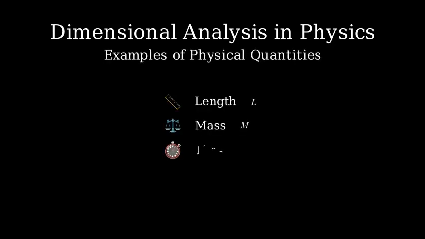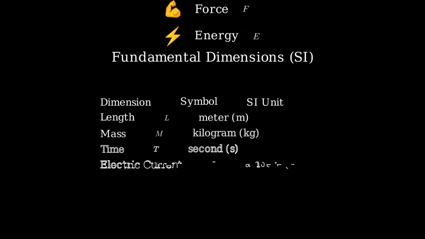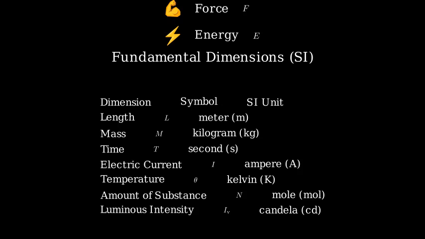Physical quantities are measurable properties of physical systems, like length, mass, time, force, and energy. Each physical quantity has a specific dimension that distinguishes it from other quantities. The dimension of a physical quantity expresses its dependence on the basic physical dimensions. The 7 fundamental dimensions in the International System of Units, SI, are length, mass, time, electric current, temperature, amount of